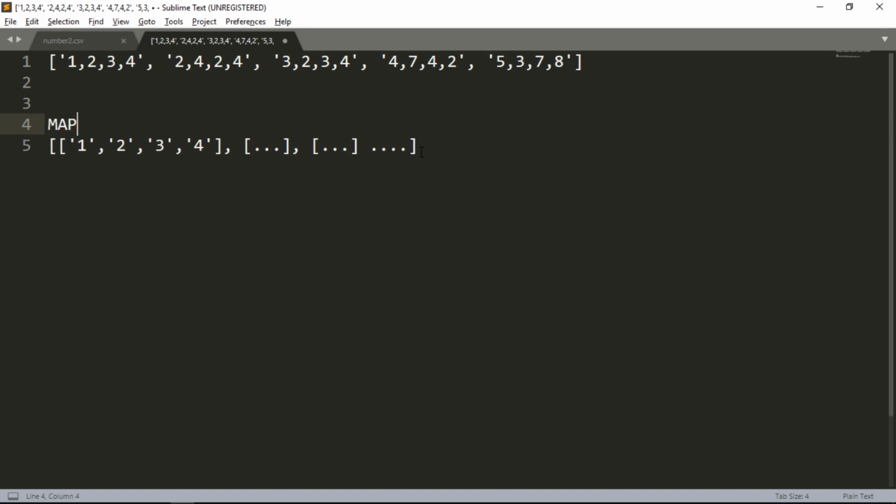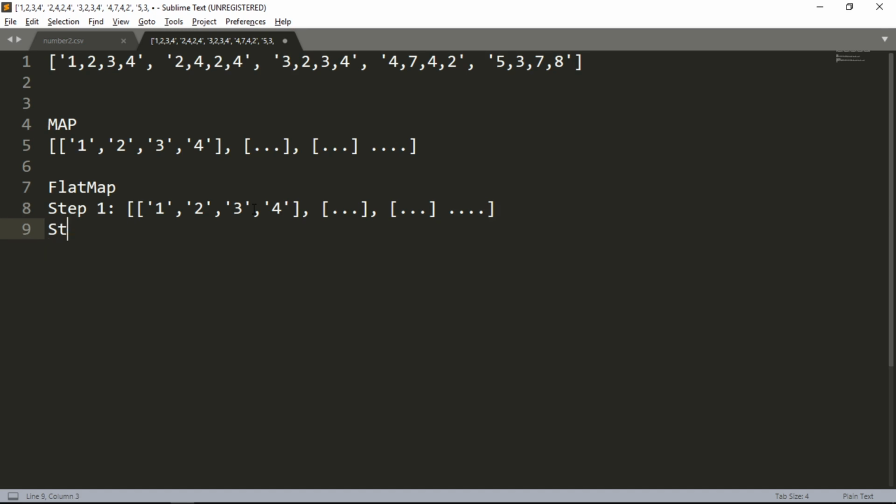On the other hand, if we talk about flatMap, what will flatMap do? FlatMap under the hood will apply mapping at the first level, but after getting all the maps, it will flatten out the data. So if we apply flatMap on the same data, at step 1 it will do the same thing.